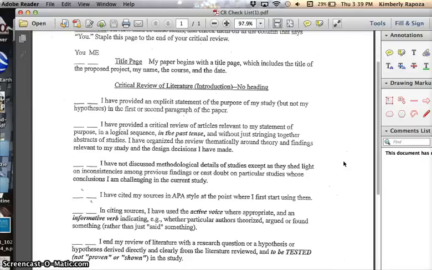A critical review is also written in the past tense. So when you're writing, studies have already been done and you use the past tense to describe them. It is important that you write thematically. So you've been doing your outline, you've been putting together pieces of information, studies that seem to revolve around a